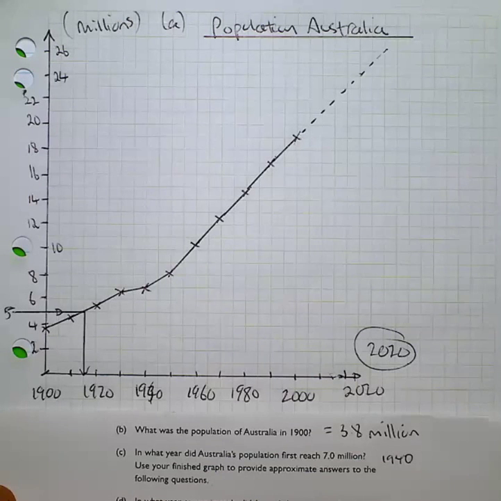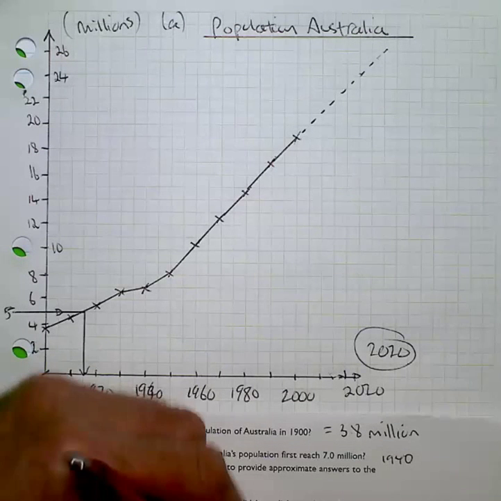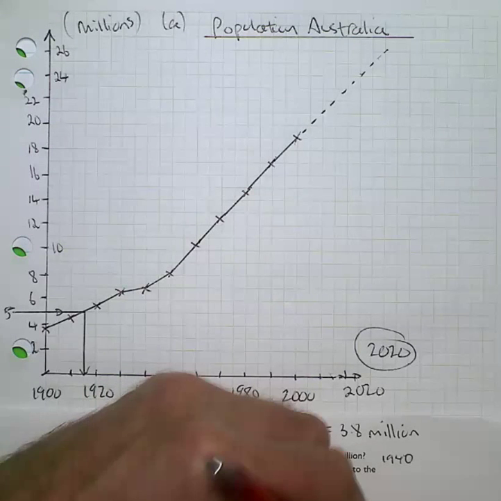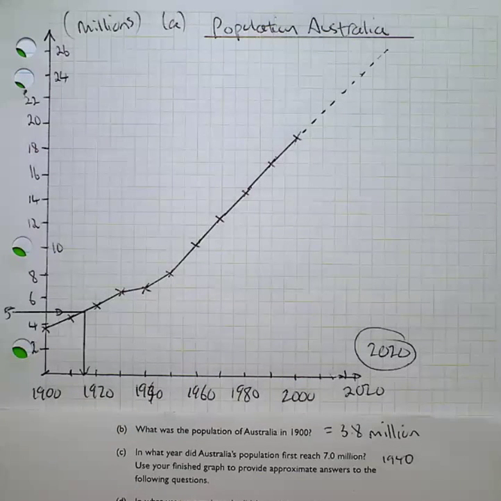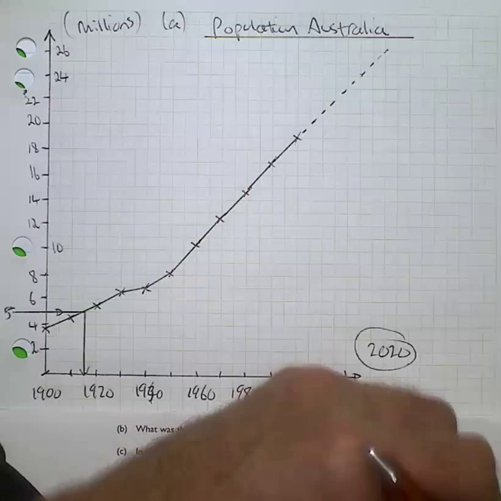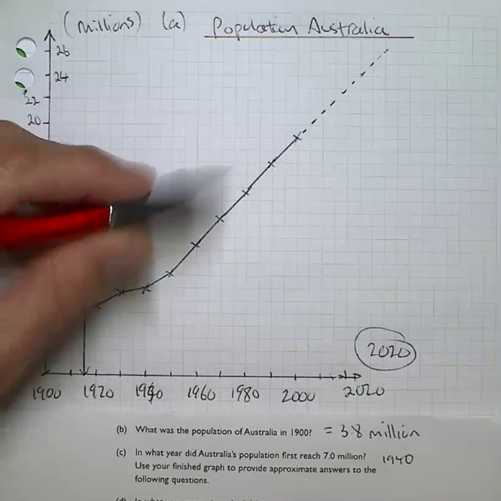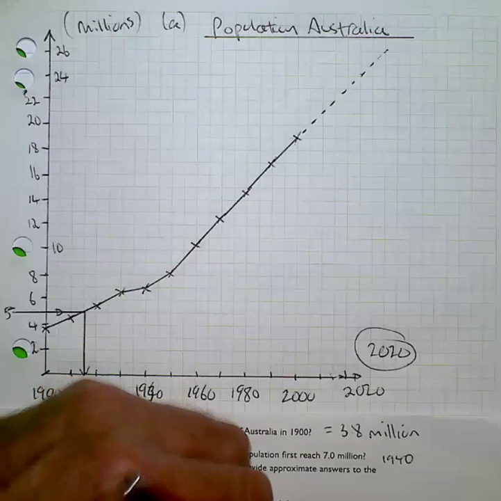Now, if I want to explain or discuss the trend from 1900 to 2000, I can talk a little bit about it. So it's increased from the 3.8 million in 1900. I'll say it's a steady increase. There's a few bibbles and bobs, etc. to 19.0 million